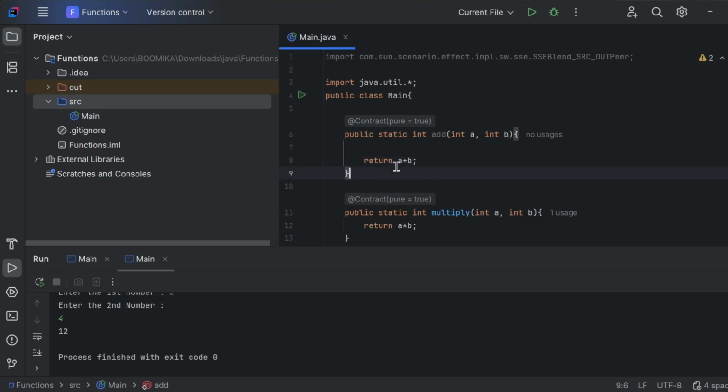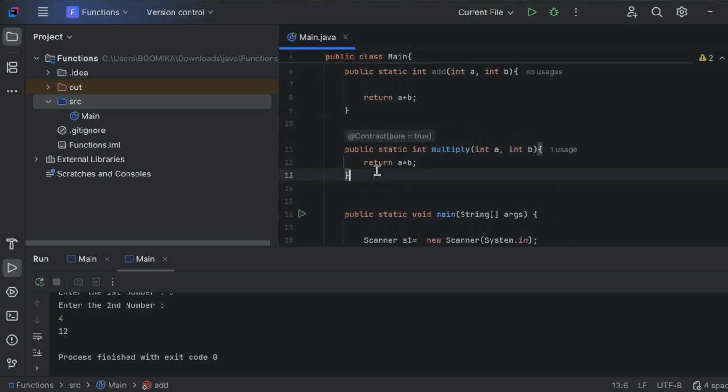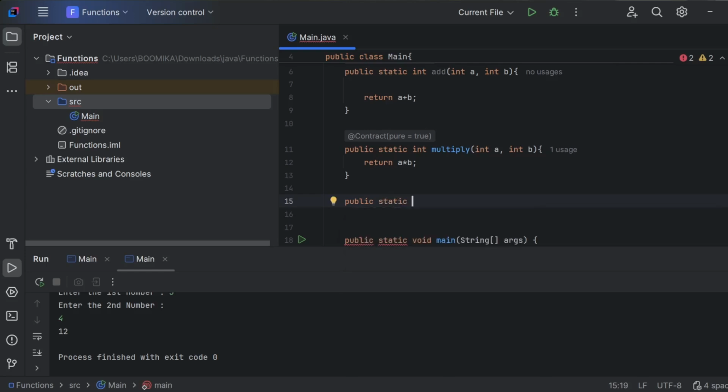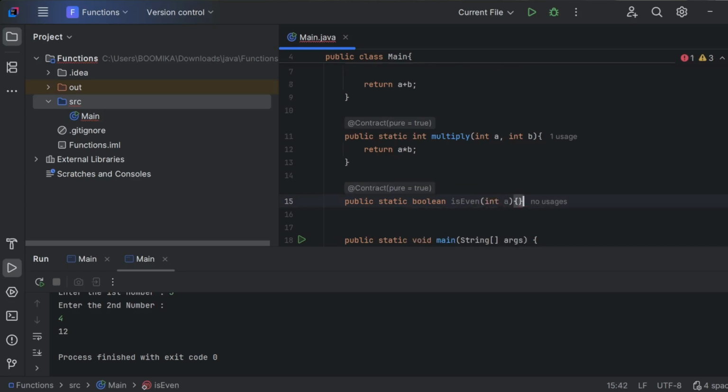For example, I want one more function that I could check if it is a even or not. For that, public, after that, static. Now I want to check boolean because it can be true or false. Because it is even or odd, so I'm just using boolean here. I'm checking is even. So I'm giving a single number. So return, I can simply say return